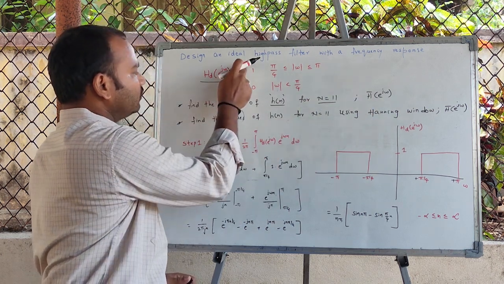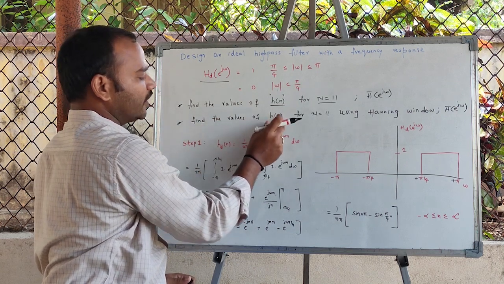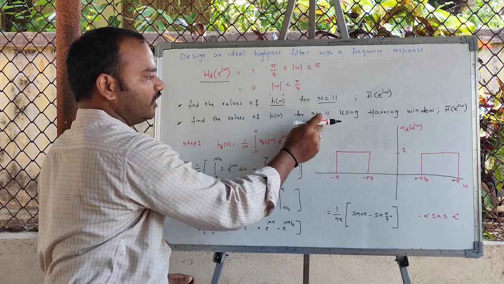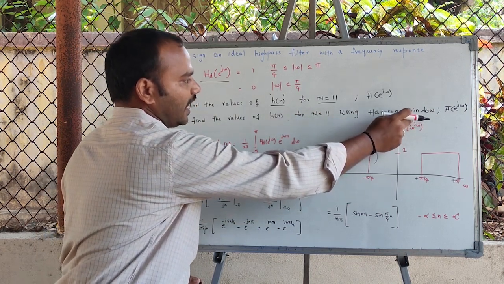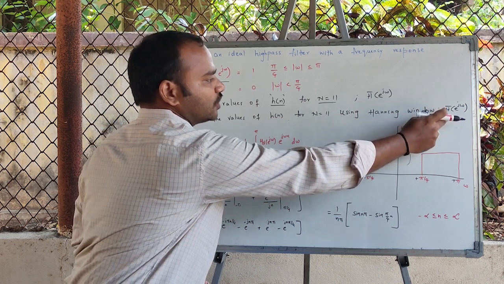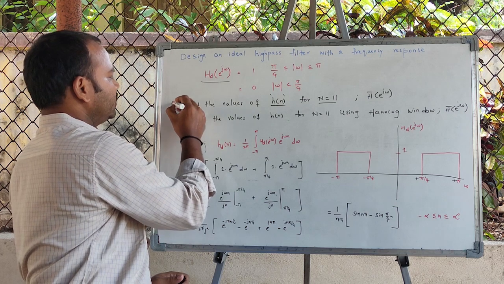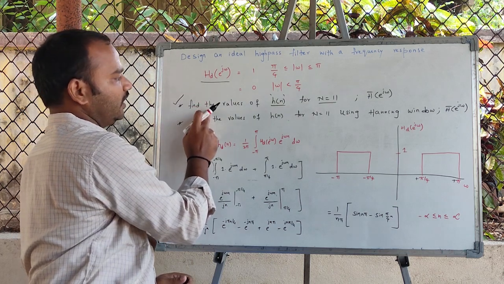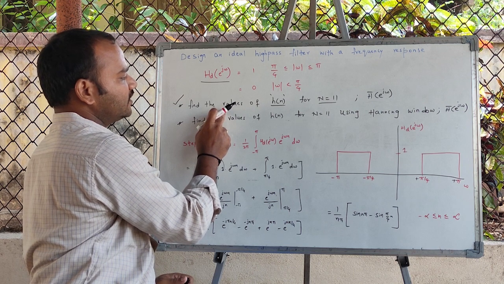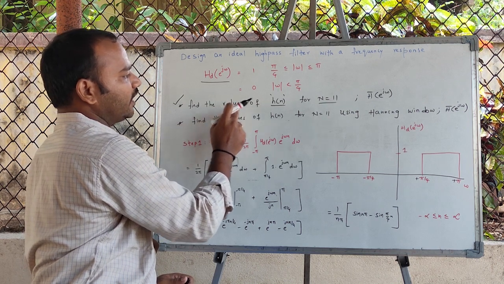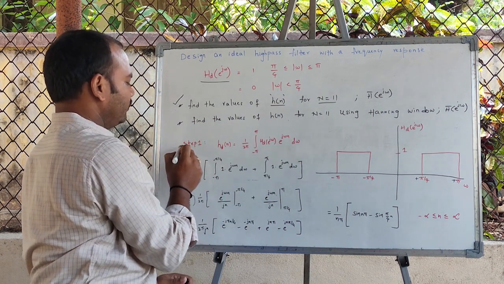The same problem we will design, that is we will find the values of h of n for the same filter length 11 using Hanning window, and we will also find the zero phase frequency response. First we will consider this problem. Here we will design the filter using Fourier series method, and we will truncate it to 11 samples. In this one, the first step